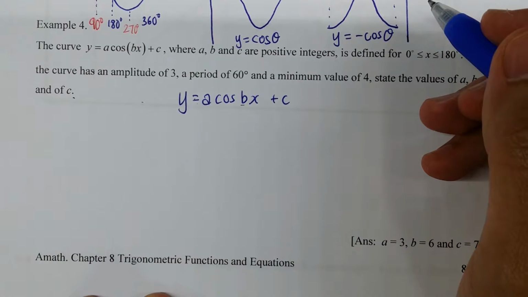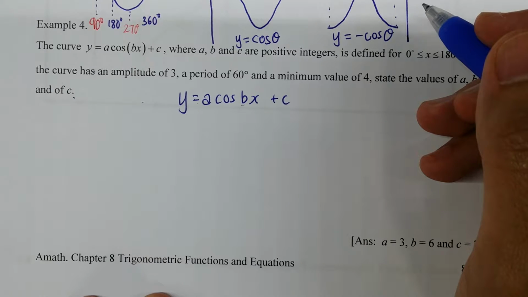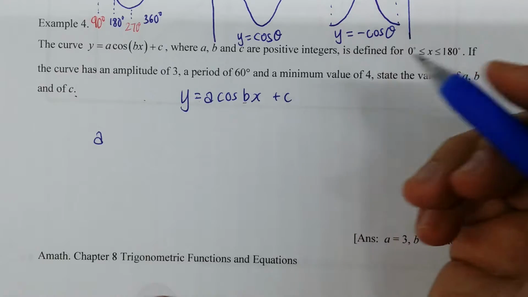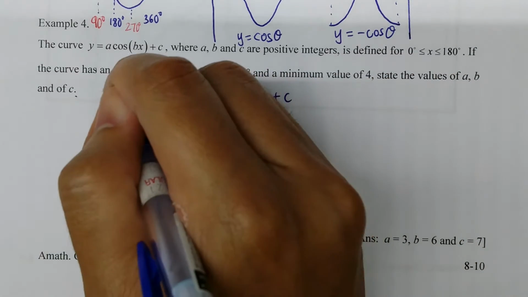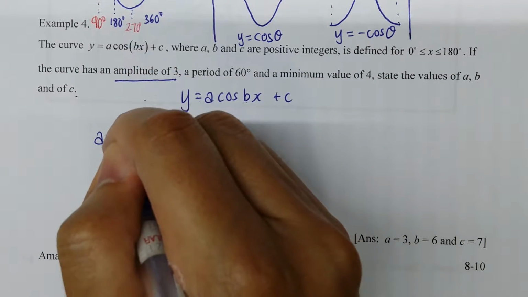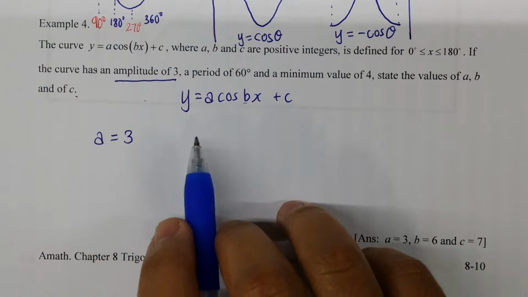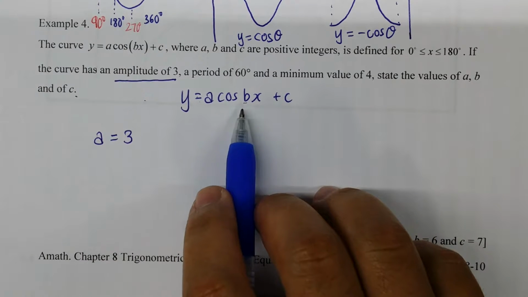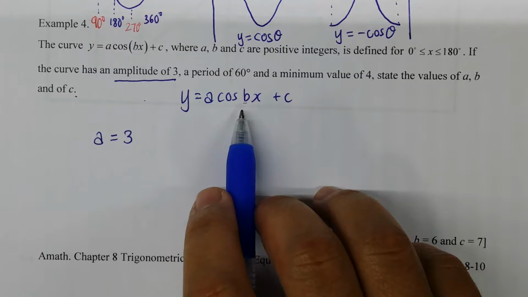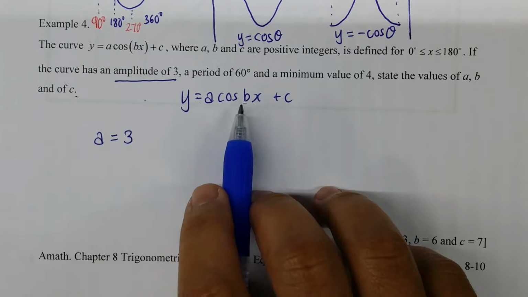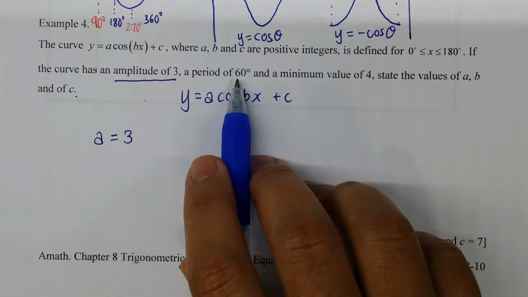What is a? Amplitude, right? Did the question state what the amplitude is? Yes, amplitude of 3. So a is 3. B, what is b? B is the number of cycles in 360. So if the period is 60 degrees,